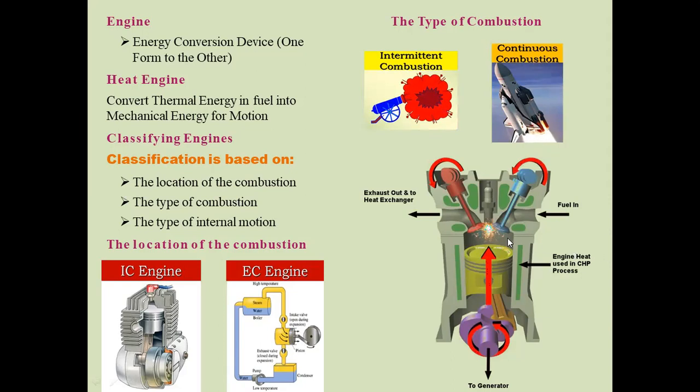Next, we will discuss the internal combustion engine. In the internal combustion engine, the combustion happens inside the combustion chamber. For example, in the petrol engine, the air-fuel molecules enter the combustion chamber homogeneously through the suction valve, that is the inlet valve. The first stroke is the suction stroke. In the suction stroke, the air-fuel molecules enter the combustion chamber while the piston moves from top dead center to bottom dead center.